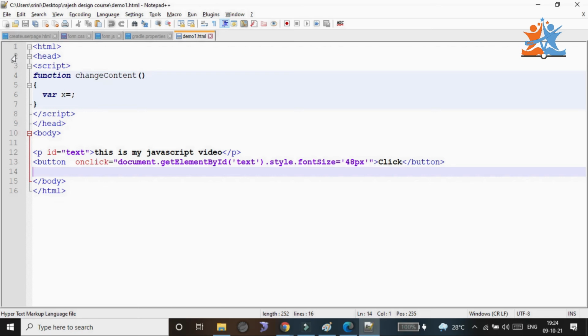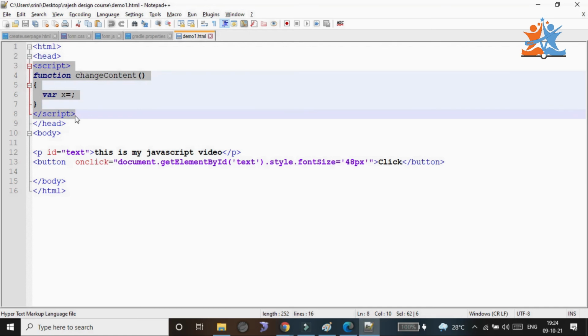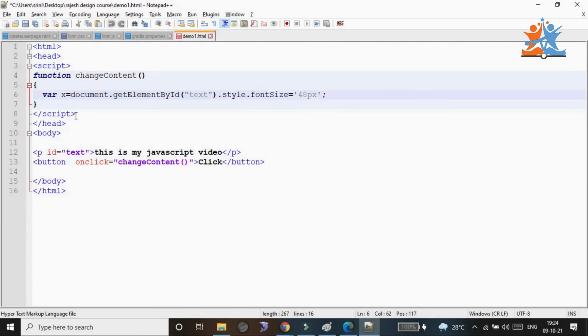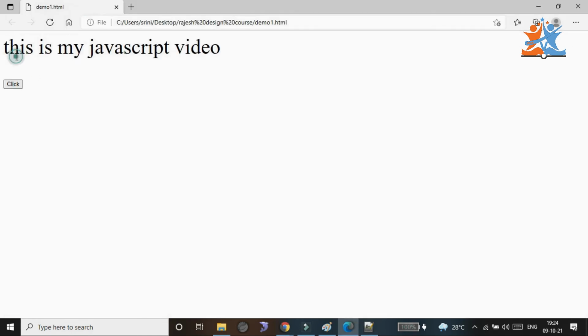Already we discussed that JavaScript we can write inside the script tag. We can write it inside the head as well as inside the body. Everything is working fine. Previously we worked with this, here refresh and click, it will be working. This is the head part. The same code I need to cut from here and put inside the body. Is it working or not? We need to check it.